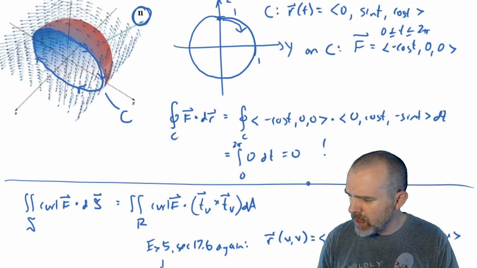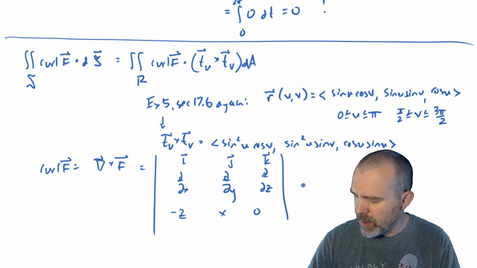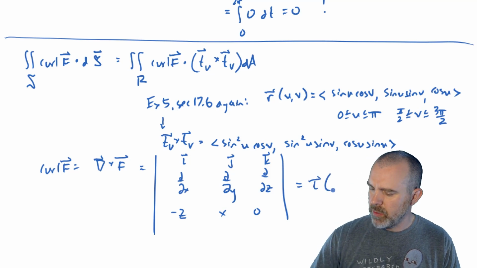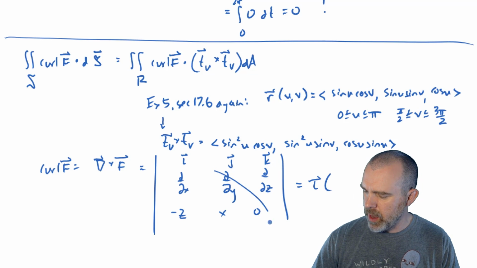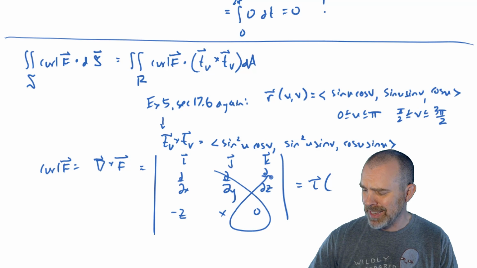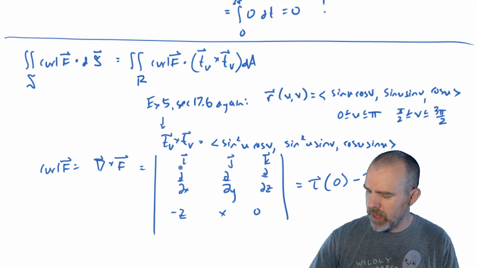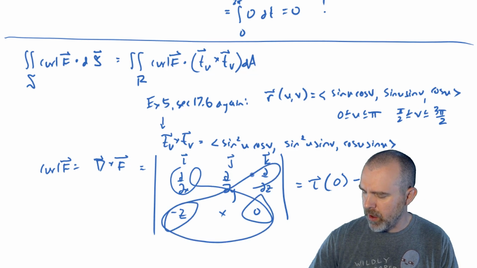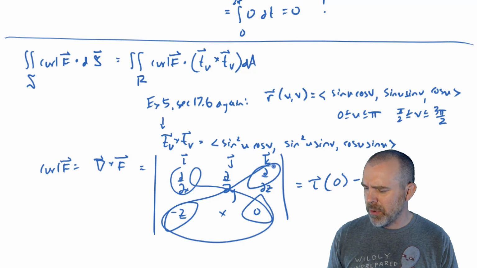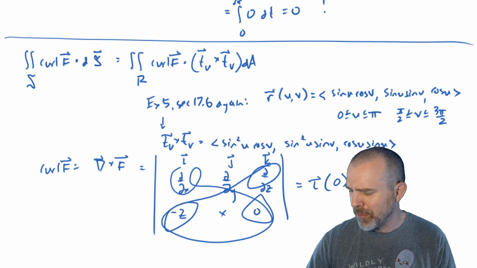And our field was negative z, x, 0. So i times the partial derivative of 0 with respect to y, minus the partial derivative of x with respect to z, that's 0, minus j times the partial derivative of 0 with respect to x, that's 0, minus the partial derivative of negative z with respect to z, so that'll be minus negative 1, so that'll end up being plus 1,